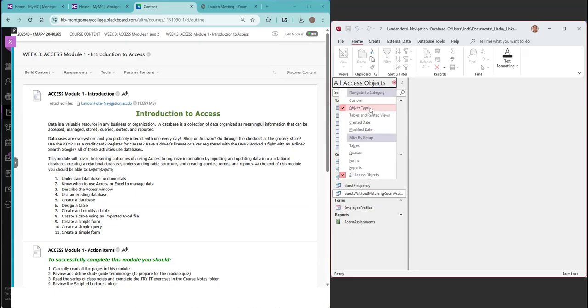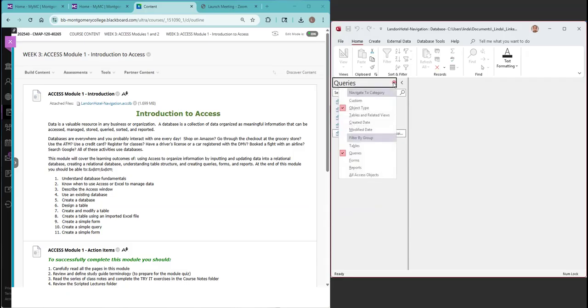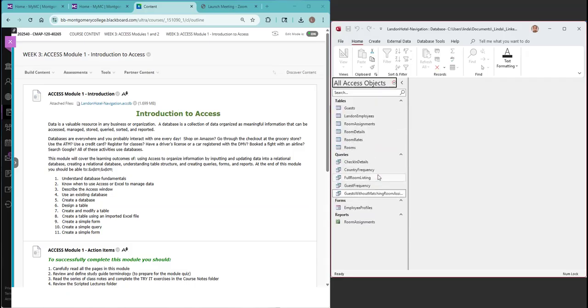So we have by type, object type, and we also have a display of all of the Access objects in the database. If you want to display just tables or just queries, you can select that object from the list if you want to isolate and focus, but there really won't be a need for you to do that for this